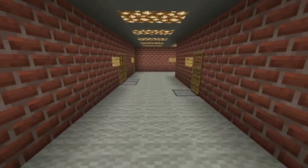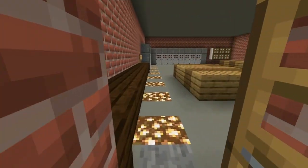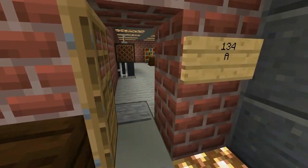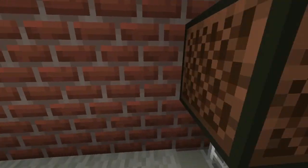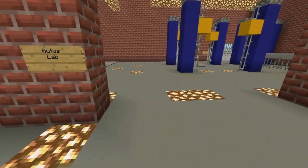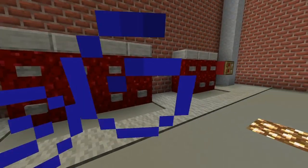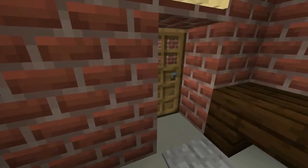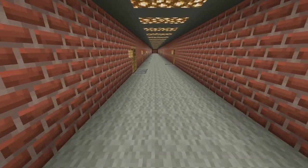And here's where we come to our first stop. The automotive classroom. A place where a child can get their hands dirty working with engine parts and learning all the ins and outs of how an engine works. Here we have where the car would be held in the autos lab, on the hydraulic frames and presses, and where the tools would be stored. I'd usually be working over here in this area. But as you can see, the next stop on our tour,